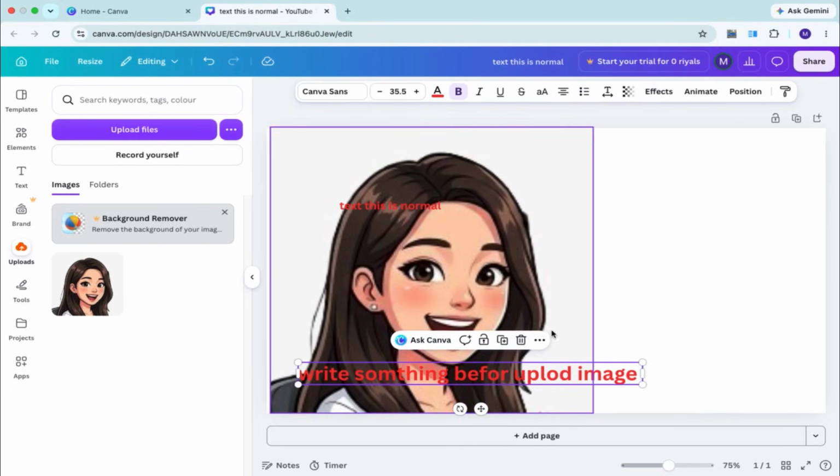Now click on your text. You should be able to see it clearly over the image. You can also drag the text to reposition it wherever you want. And if you want the text to stand out more, select the text and adjust the font, size, or color